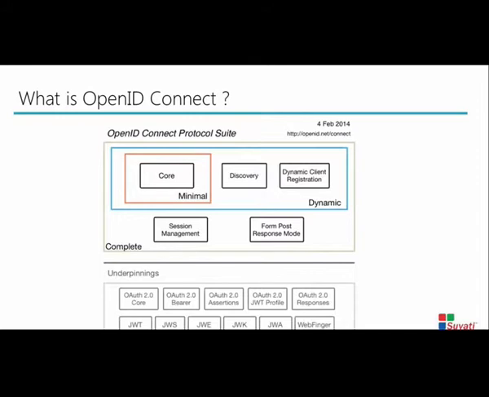Now, the next piece in the OpenID Connect protocol suite is the discovery. So you can even discover if some of your authorization providers support the OpenID Connect protocol or not. If that authorization provider is supporting OpenID Connect, you can also get all the URLs that you basically need to do a complete OpenID Connect request-response cycle. So that can also be done here.